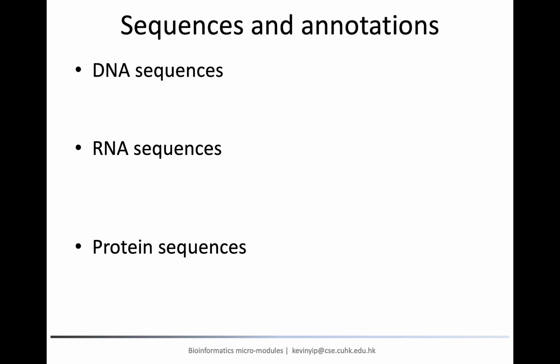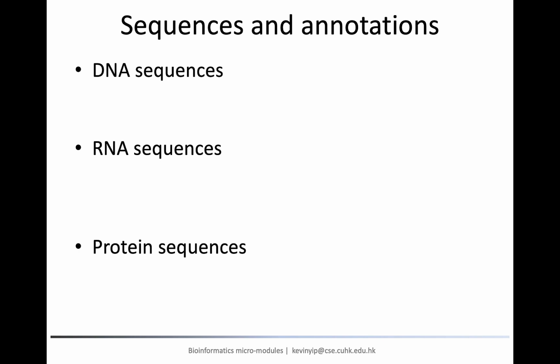Recall that many types of biological objects can be represented by a linear sequence. For example, DNA is a sequence of nucleotides. RNA is also a sequence of nucleotides, but it contains uracils instead of thymines. And protein is a sequence of amino acids. For each type of sequence, we want to perform annotation, which is to record the meaning of certain parts of